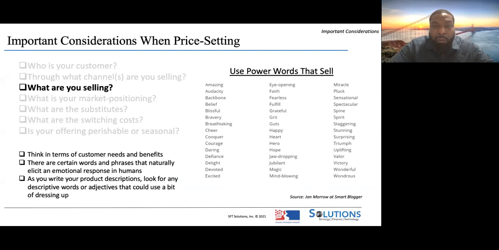Then you have to think about what you're selling, and really you've got to use power words to sell your business or sell your products. You make sure to use nice flowery language such as amazing or eye-opening. My favorite is always reading some of these real estate magazines. They always have some piece of property that you pass, and they will use the best language, the most flowery language to sell a piece of property. And every time you pass by, you're like, wow, that place is a dump. So take some cues from them.